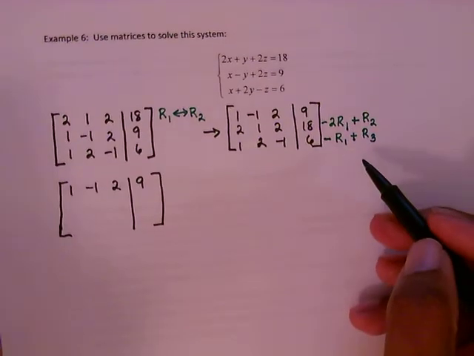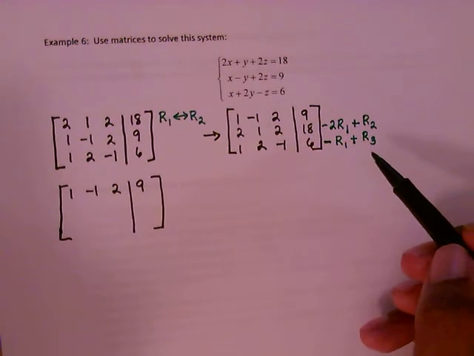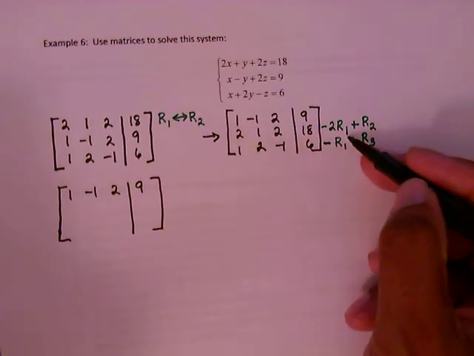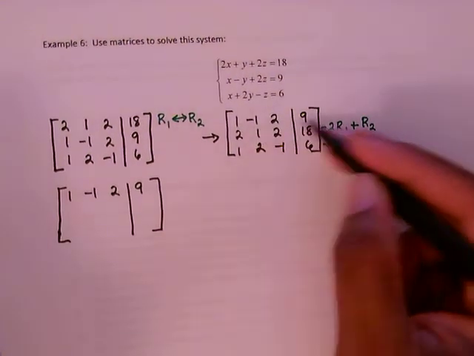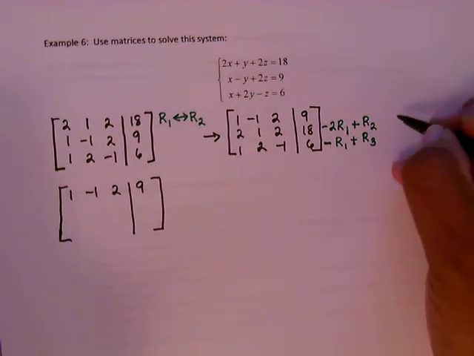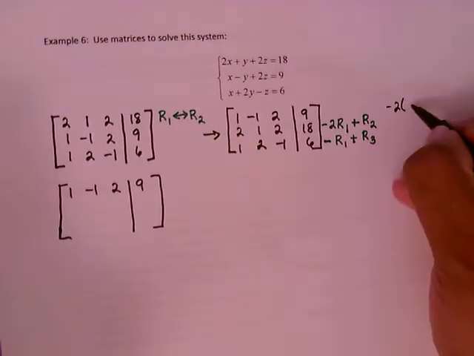It's row 2 and row 3 that's going to change. And I'm going to go ahead and write this out for you so that way you can see how this is done. Negative 2 times row 1. That's this. Here's row 1. And I'm going to take negative 2 times that and then add it to row 2. So that means negative 2 times row 1, which is 1,